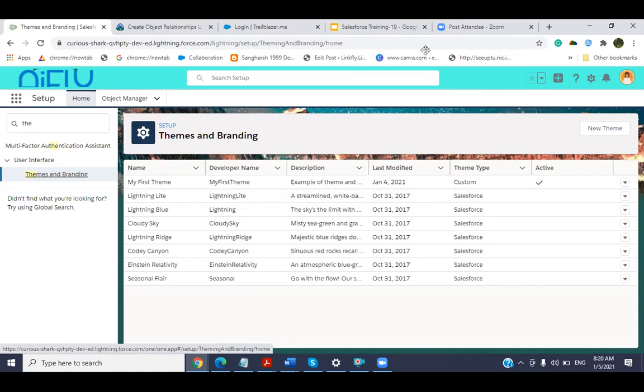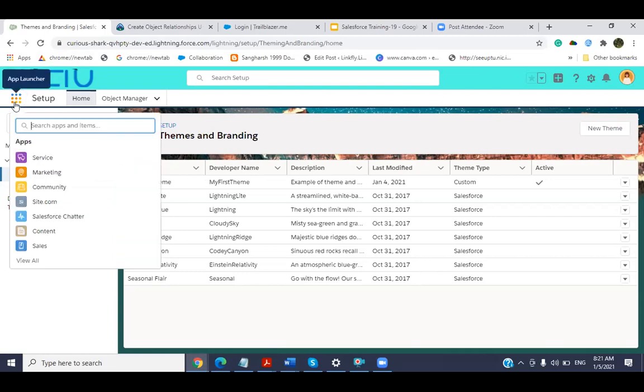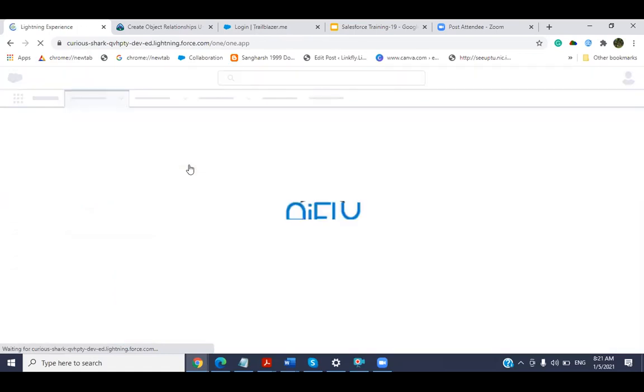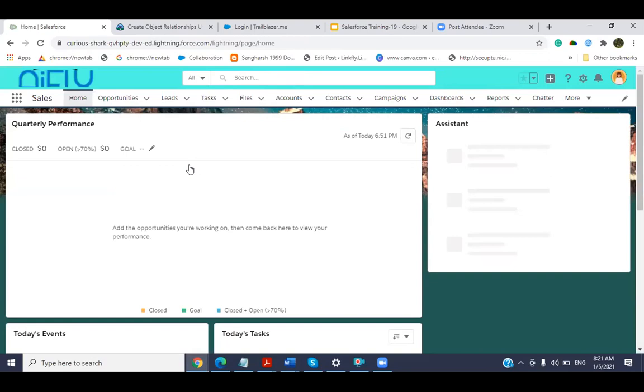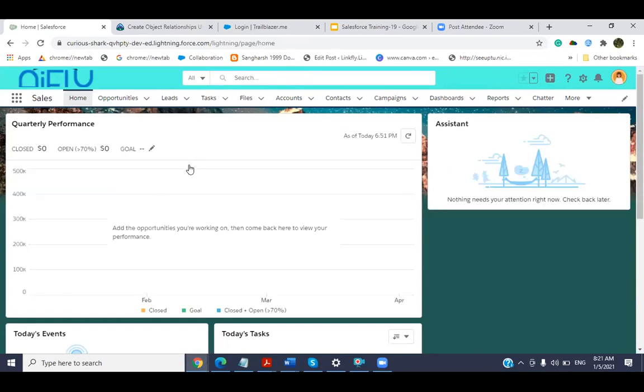Priya, can we also see the lightning page? Still applies to the lightning page, right? This customization, theme and branding. Lightning page, yeah. Okay.